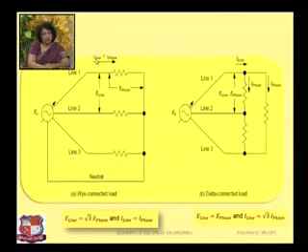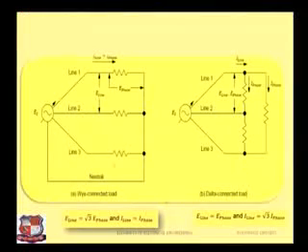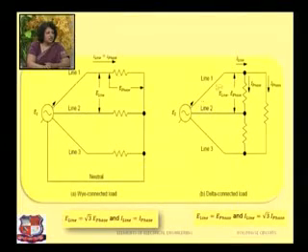I line and I phase, the line current and phase current, they are same in star connection, while E line is √3 times of EPH, because of the 30-degree lagging. E line is √3 times of EPH and I line is equal to I phase in case of star connection. So how do you remember it? In case of star, phase current and line current, they are same, and in case of delta, phase voltage and line voltage, they are same. So in case of delta connection, these are the three lines connected and this is connected in delta fashion.